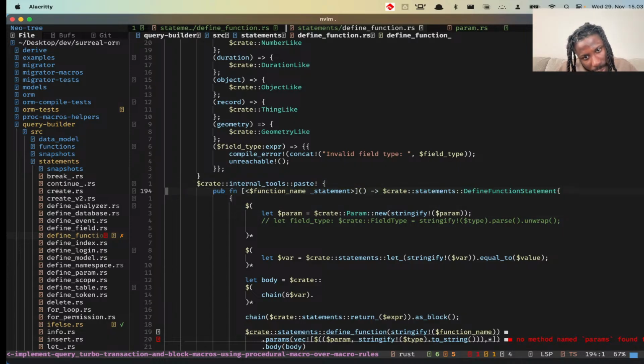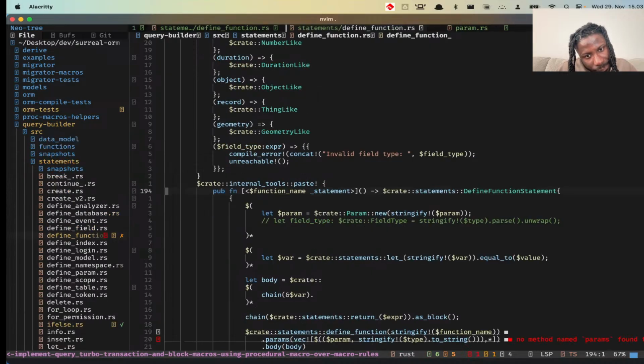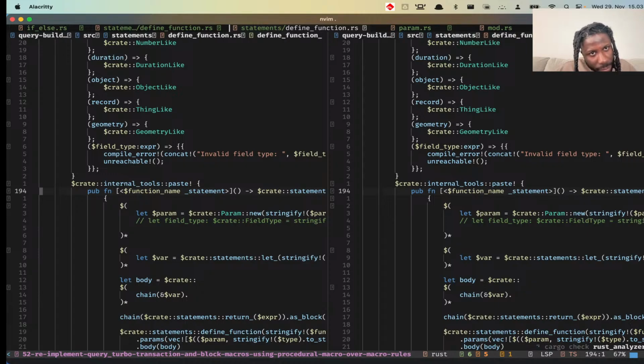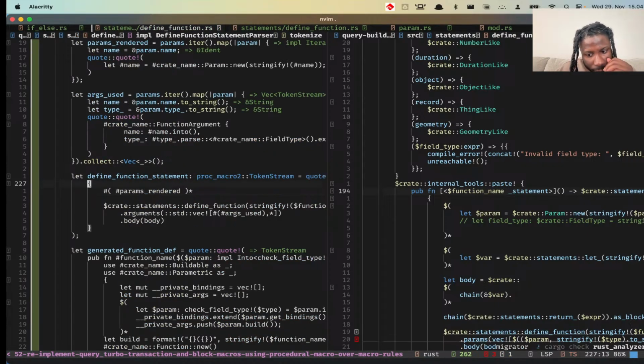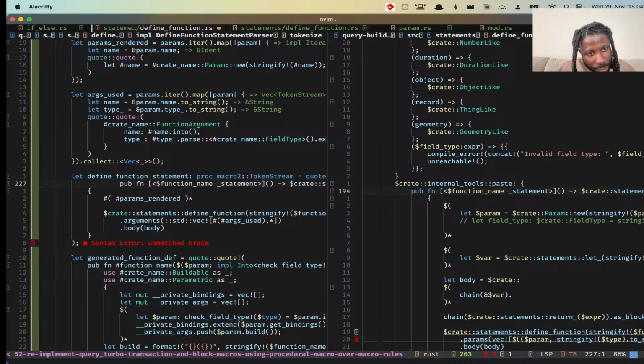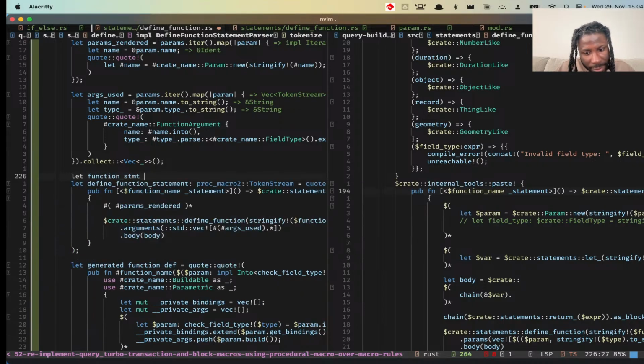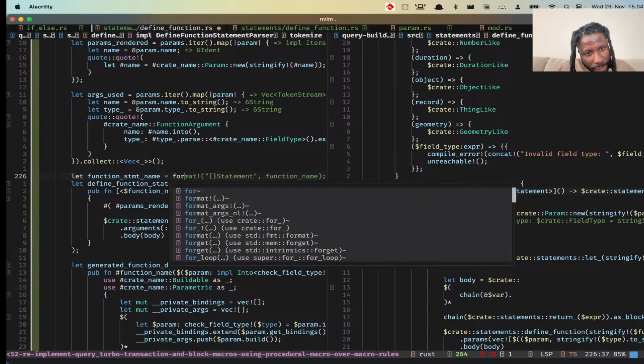So here we're generating the statement itself. You can just say function statement name, and from